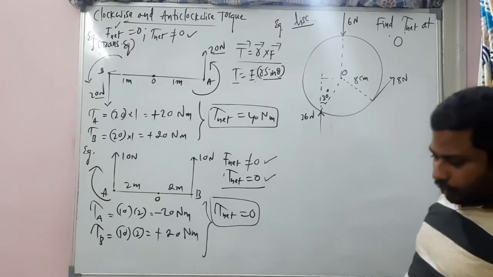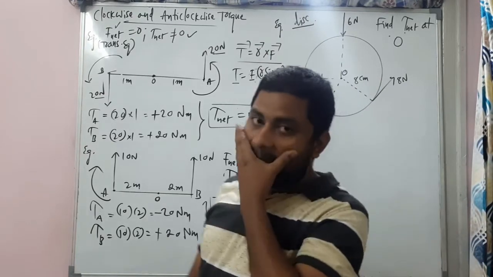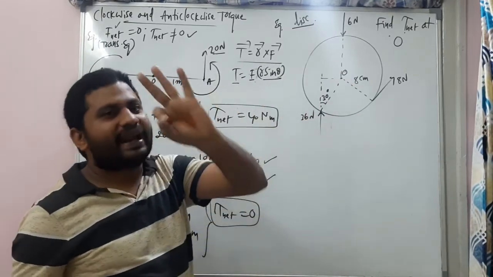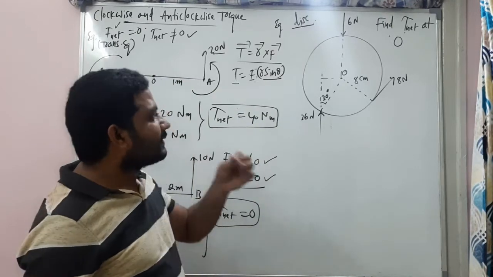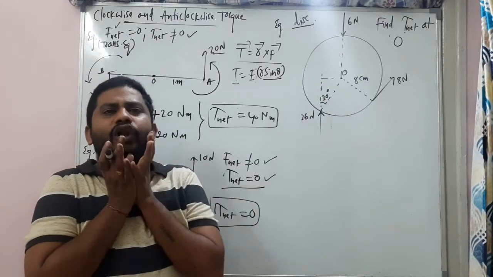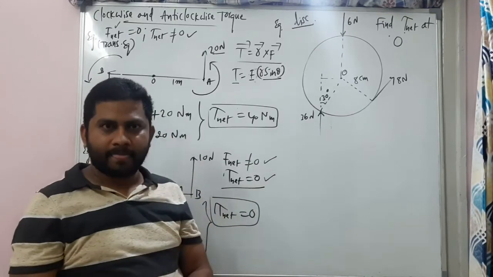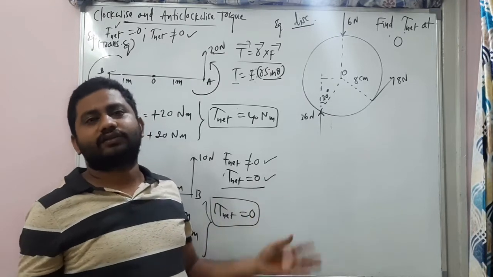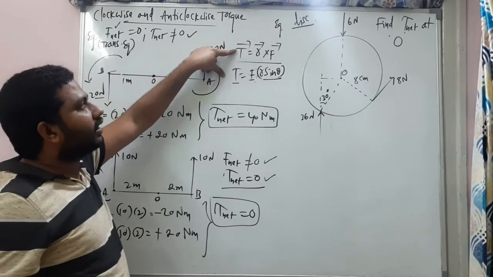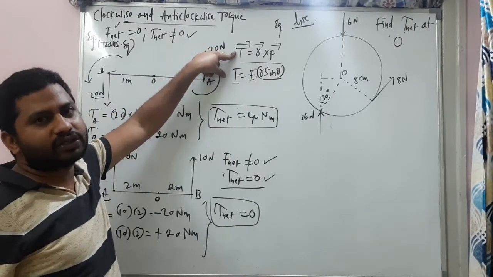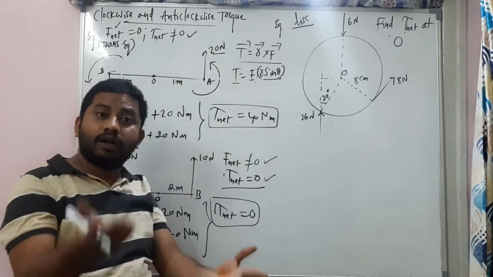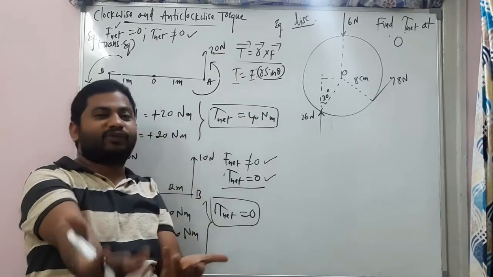So, in this problem, there is a disc. Center of the disc is point O. There are 3 forces acting on the disc. So, a little advanced level problem here. Advanced level problem means full concept builds up. Full concept of the torque you'll understand right now. Before that, these 2 formulas are very, very important, my dear children. Tau bar is equal to R bar cross F bar, and tau is equal to force into perpendicular distance, or distance into perpendicular force. Both are same.